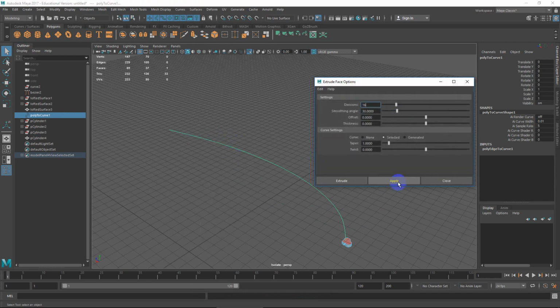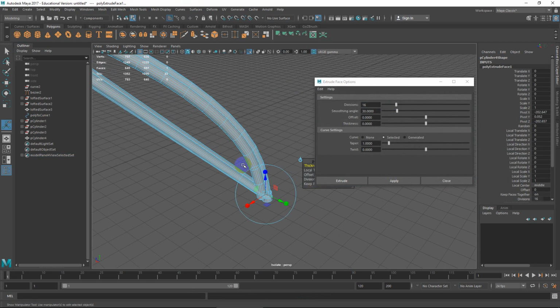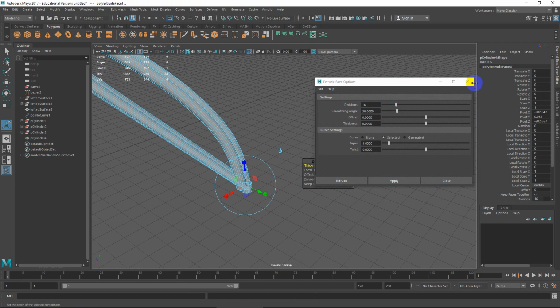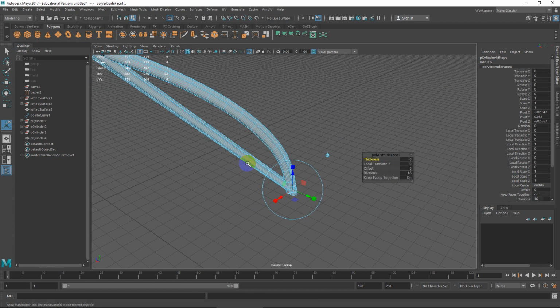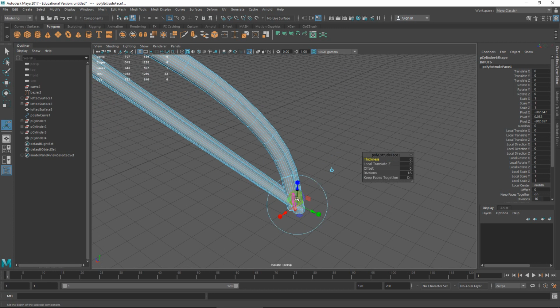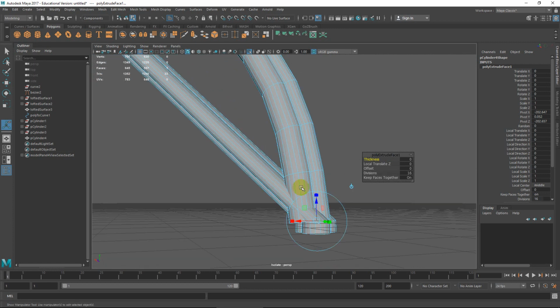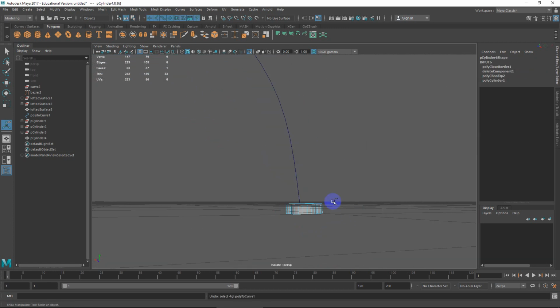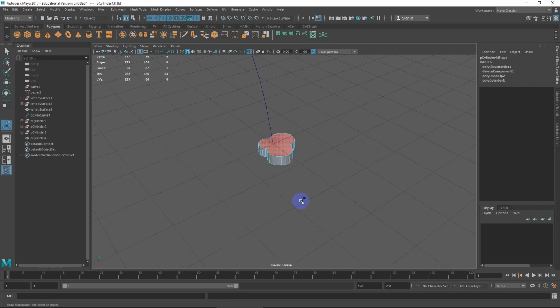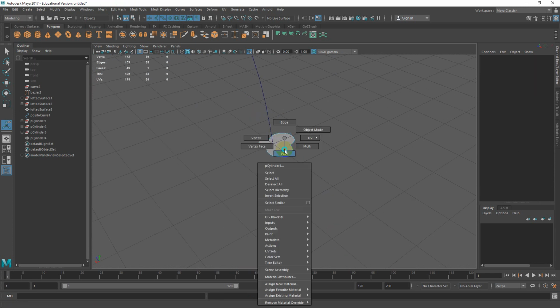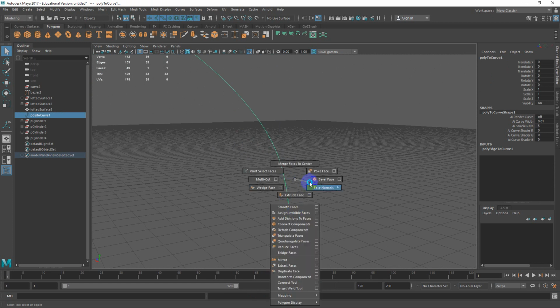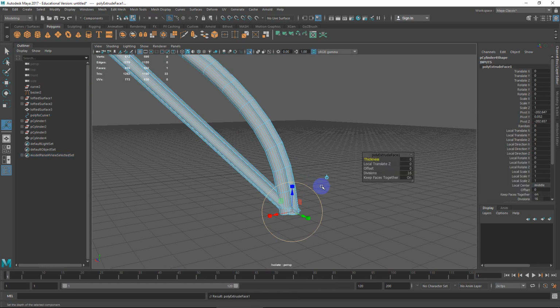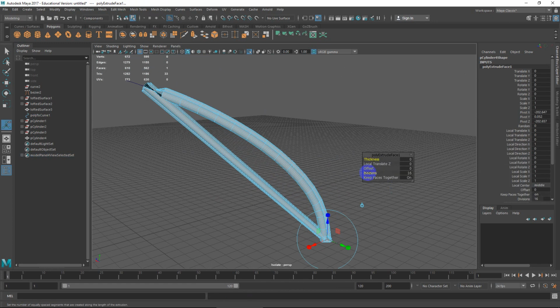So I'll bump this up to maybe like 16. Yeah, plane can work too, but it's just being a little goofy. Let me try it. If I flip this around, I'll delete the rest here. I have a feeling it's still going to do the same thing. I don't know how clean that curve is either, but it's still producing a bit of a weird result, but